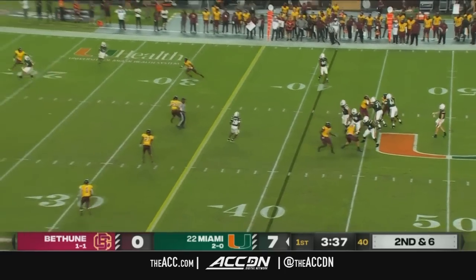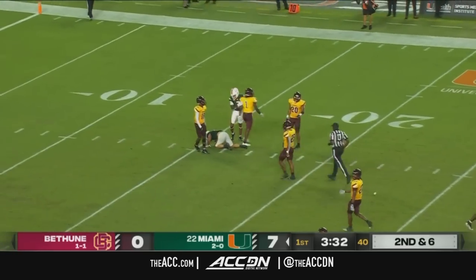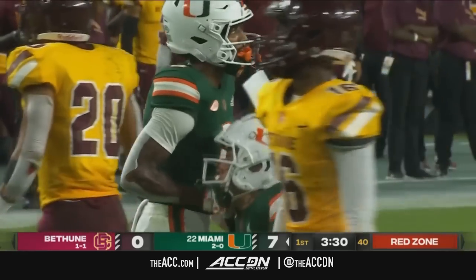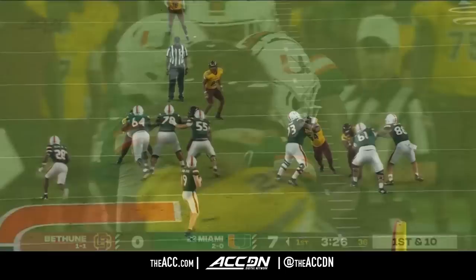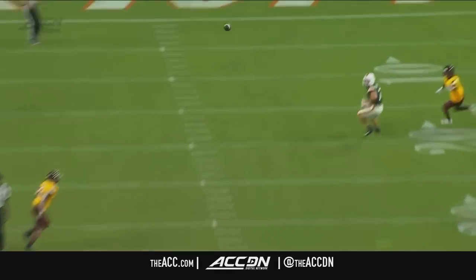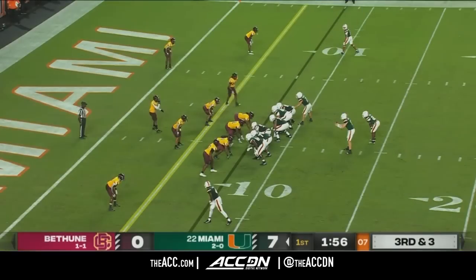Van Dyke, all day to throw, fires over the middle to Restrepo, and he comes up with it. Another big play for Xavier Restrepo down to the 15-yard line. Just a nice little seam route last week, but this is a dime. A couple times a game, this is him just understanding the